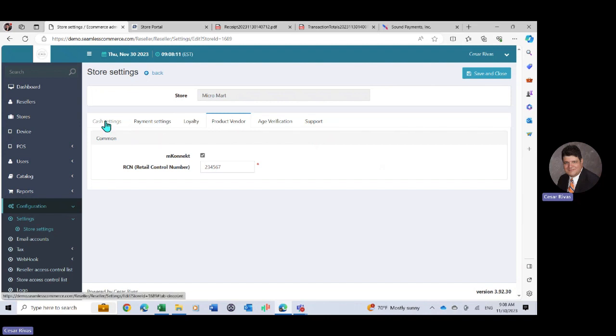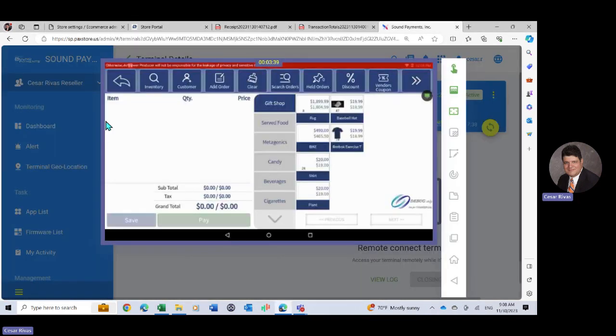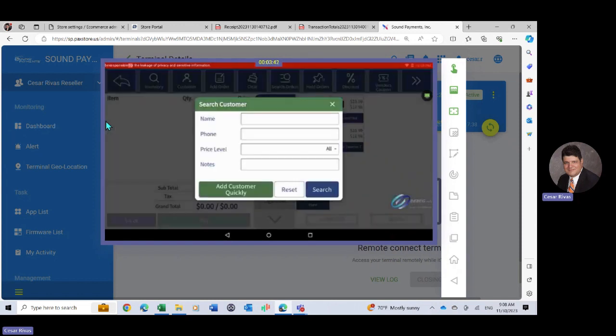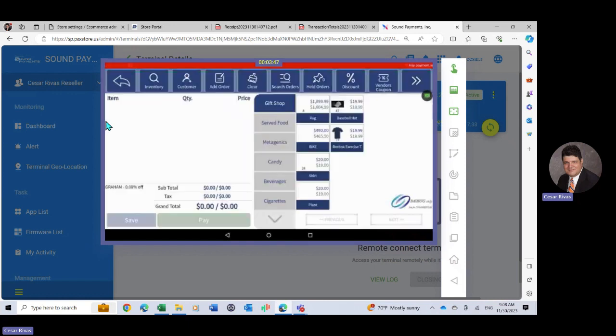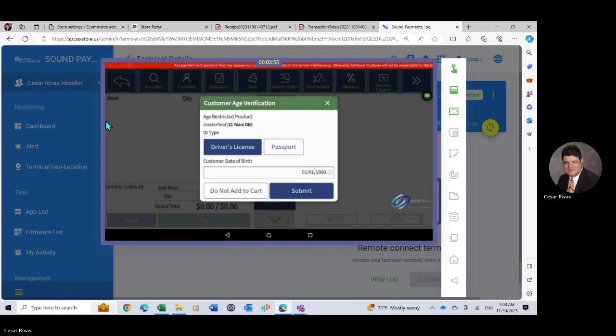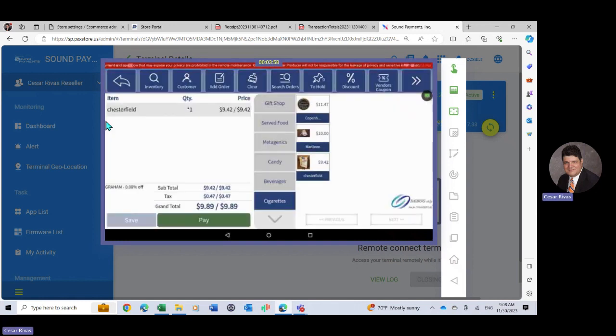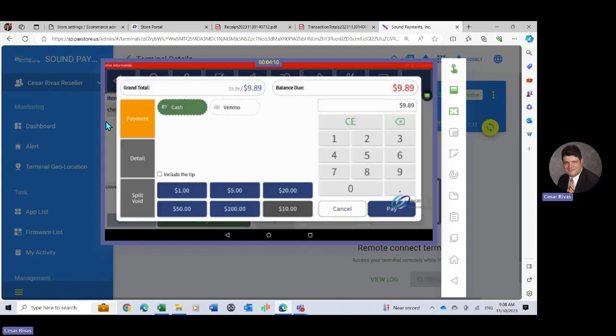And the advantage of that obviously is that you're able to sell tobacco products. When we look on here, we'll go ahead and choose a customer who's of age. Let's grab customer. So what happens is when you sell tobacco products, we have it activated for the store. Okay, they're of age. Go to pay. It's going to ask you whether the customer wants to take advantage of the discount or not. Okay. So the customer gets a discount, and the retailer actually gets that money back from the vendor. Okay. So that's the tobacco